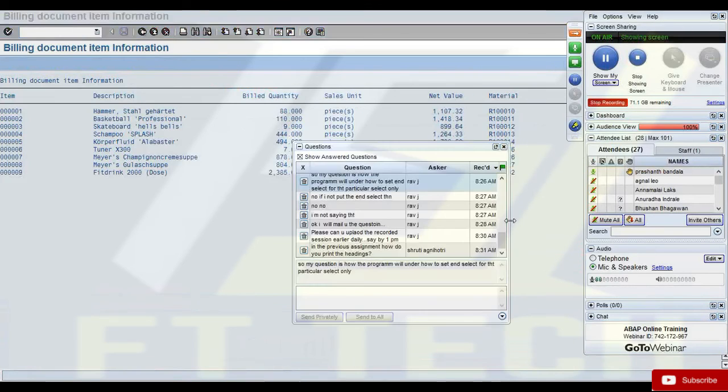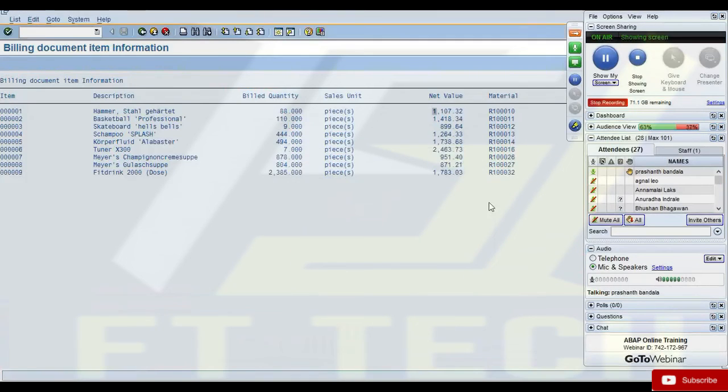Prashant? Hey, Kiran, I'm not sure. Maybe it's your computer or something. When you're changing the screens, I'm missing some screens. I don't know if everybody is facing the same issue. What do you mean by missing? The screen doesn't show up? Let's say you're trying to open a new screen with a VBRK table. So you're going to SE11 or somewhere and going to VBRK and going into the details.